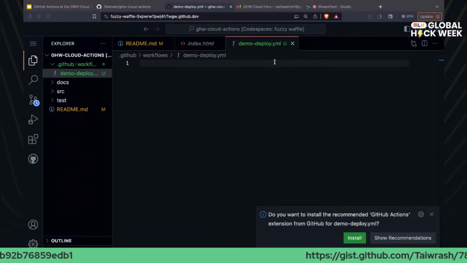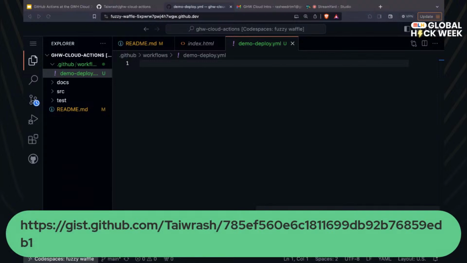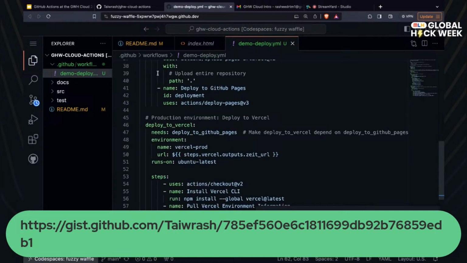So I'll go and get my own, and I'm waiting for you to go and get your own as well. Follow the link on the screen, then copy the actions YAML that you can see there and put it here. So I've copied my own, and I want to paste it.